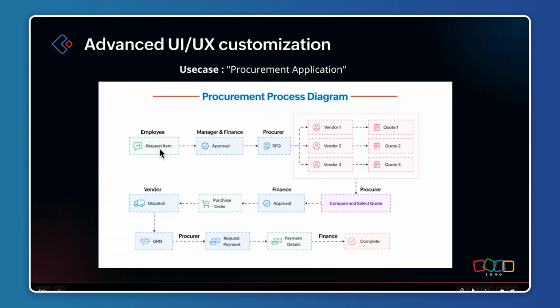So when the employee requests the item, the manager and the finance team will approve the request, right? So they will be checking the request, and then they'll be approving the request. And once post the approval,